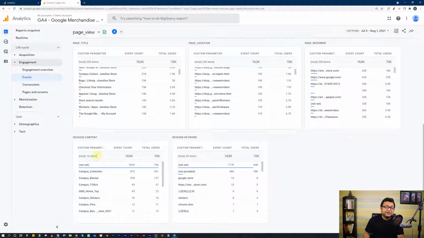There is session content that gets captured. So all sorts of information that you want to capture is done inside just one event. And this is done by changing that category, action, label, value format to parameter format. That is what has changed in Google Analytics 4.